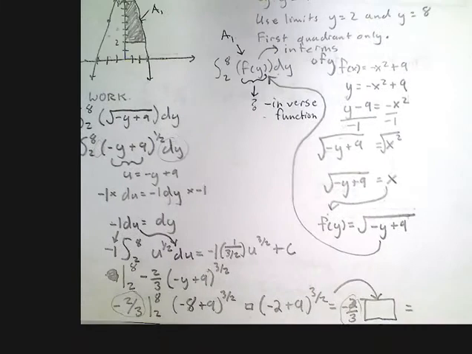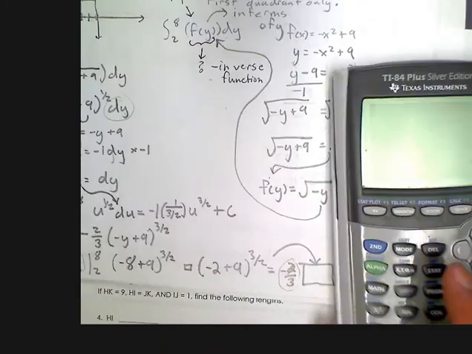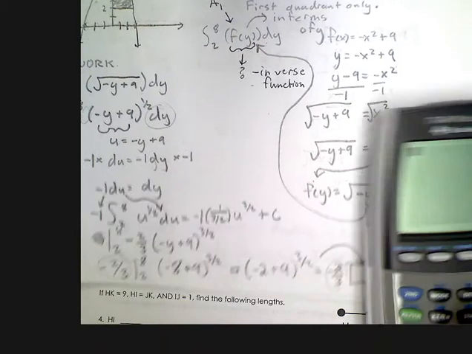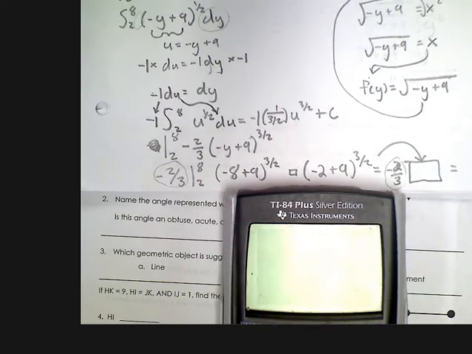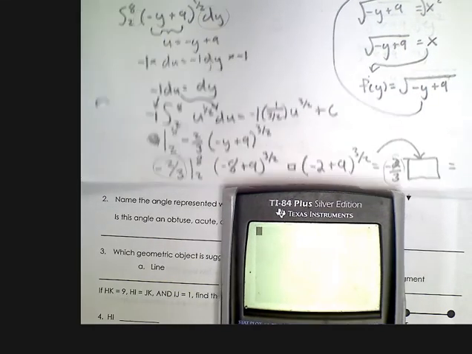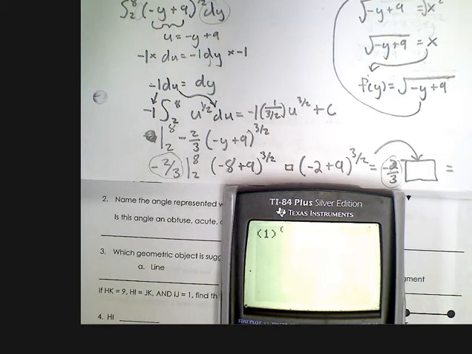Alright, if I could fit it all. It's hard to fit. Okay, well I'll just come back. I can prop that up. There you go. So I'm going to put this in my calculator, and I'm only going to put in the negative 8 plus 9 to the 3/2 and the negative 2 plus 9 to the 3/2, which is basically 1, whoops, not tangent, 1 caret 3 divided by 2